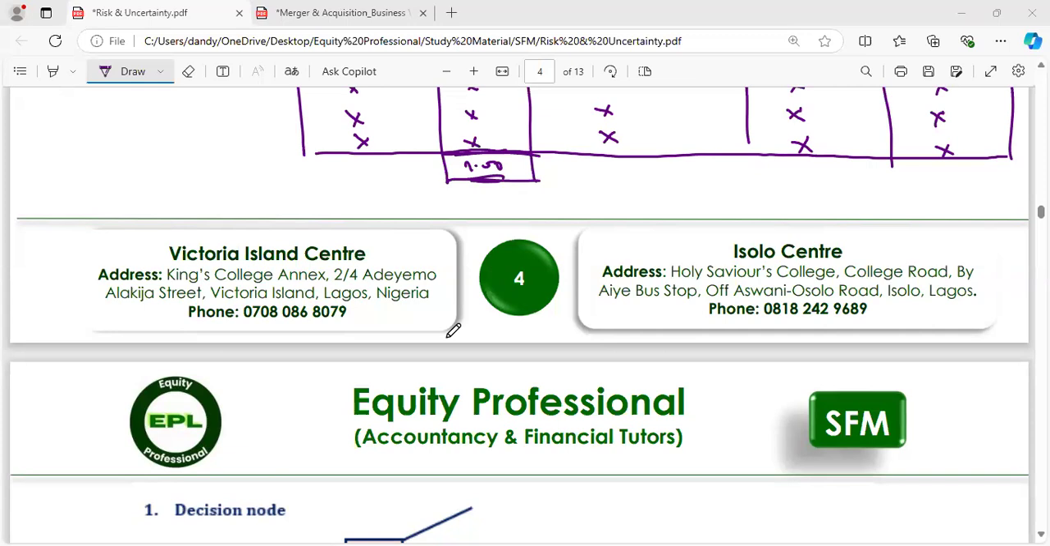The second step is to construct a tree diagram. Then step 3, you assign probability of occurrence as well as the value to each node. Then step 4, you label the nodes alphabetically or numerically. Then step 5,